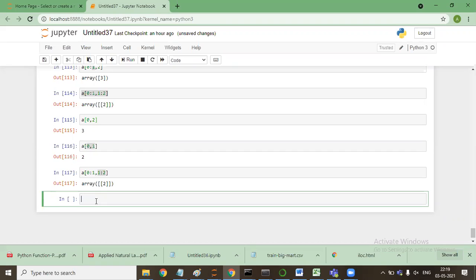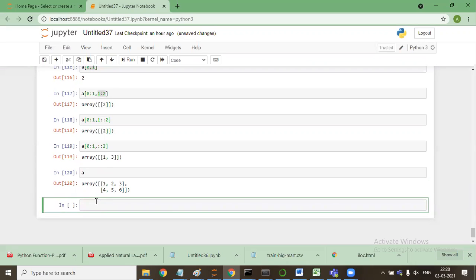Now if I say A[0:1, ::2], first, when I say 0:1, it will give me the 0th row.